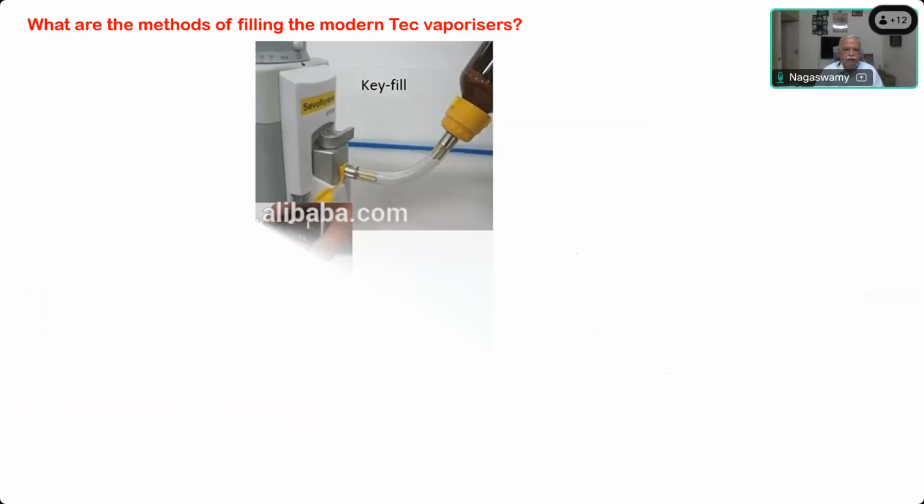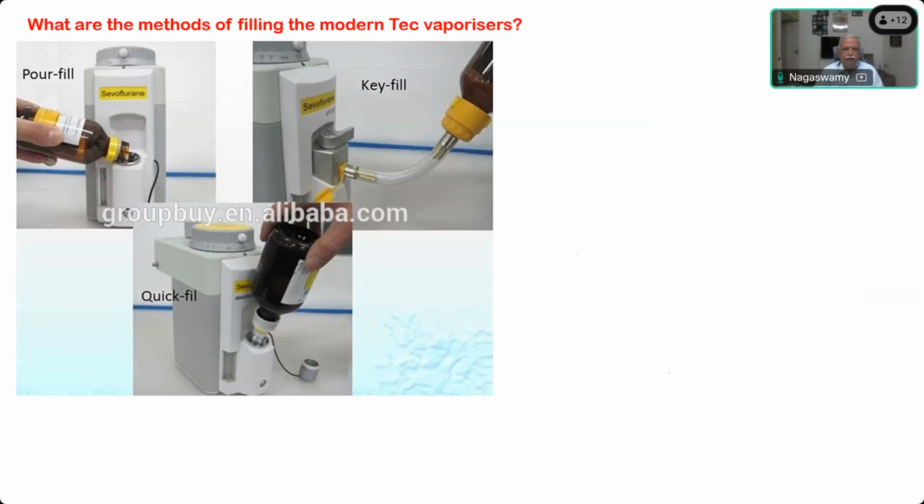So, there are basically three methods. One is called key filling, where you have a key for that. It will have a color-coded rectangular portion with a hole, which you attach to the bottle, insert, and then turn the bottle upside down. Then liquid will flow through, and once you finish, you invert the bottle downwards, it will stop, and then you remove it, and there will be a plug to close this, and you insert that plug and close that